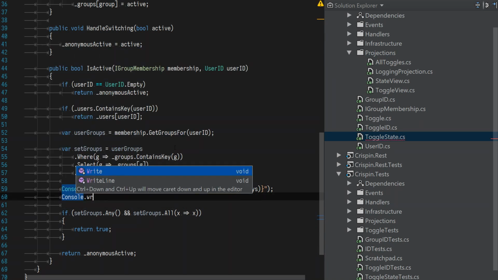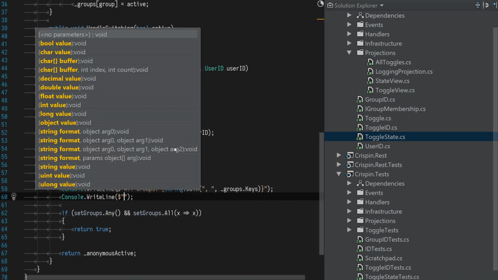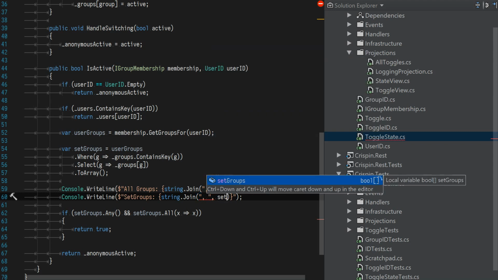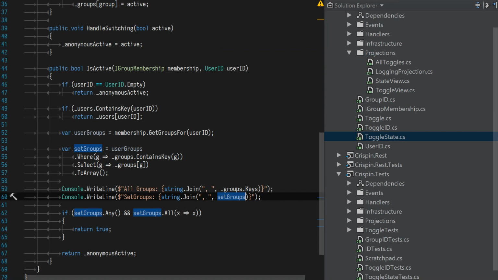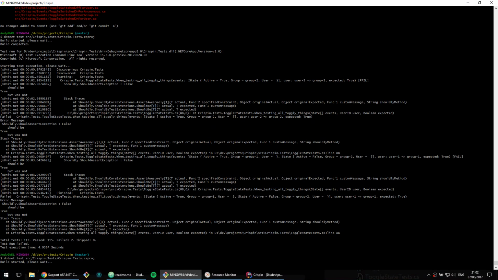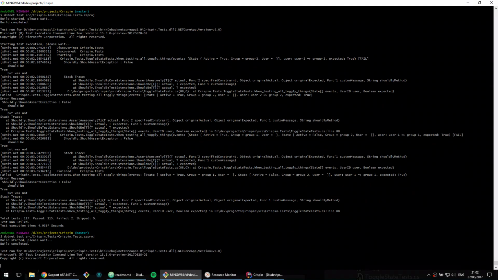Console write line set groups. Do this. Oh, string.join with a comma set groups. We should get some trues and falses back from that, I think. Let's try running that. Now the downside is going to be figuring out which one is related to the test, because we've got quite a lot of test cases. So what I might do is actually comment out all of the test case setups except for the one we care about,